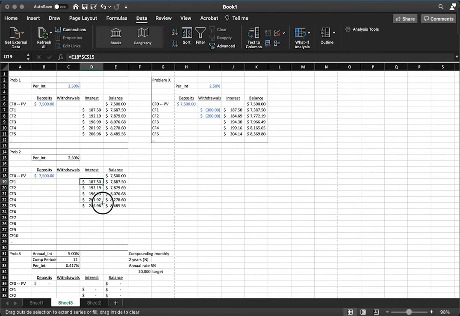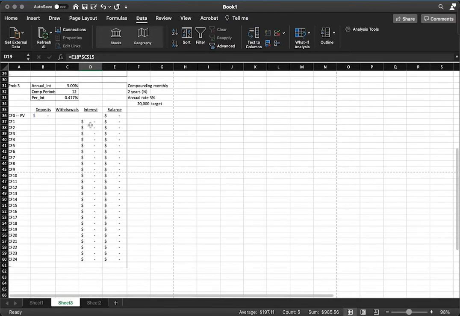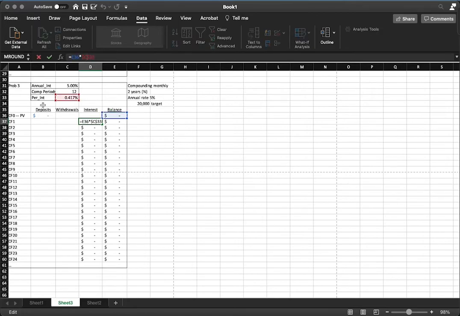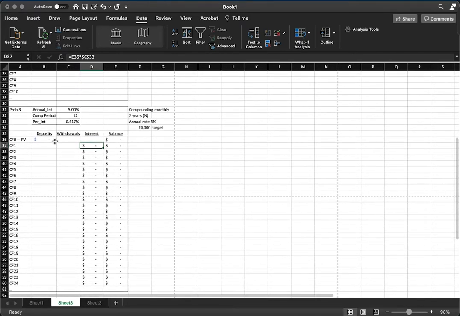And then we just need to carry this through down here so it's not figuring off of the interest rate in a different problem. So let's come back down here. Let's make sure that we're figuring off the correct cells. I did add in this template, just so that we can paint a better picture, 2 other items. I added the annual interest rate, I added the compounding periods, and then for the periodic interest, I'm just taking those 2 former cells, the annual interest rate and compounding periods, and I'm dividing the annual by the compounding periods to get the periodic interest rate, which is 0.417%